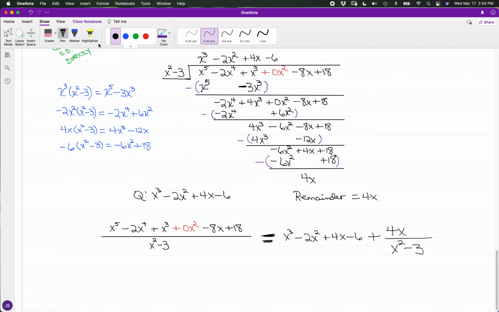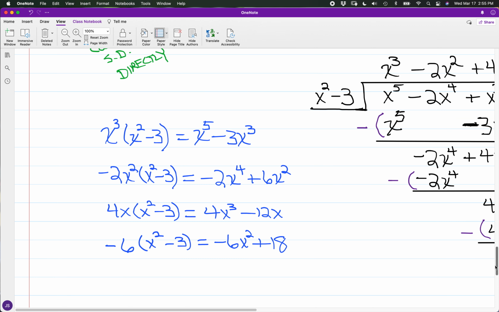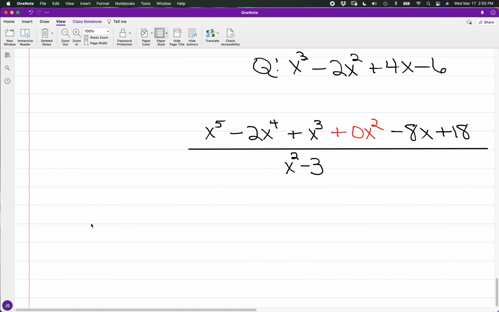So for the next portions, if I'm using synthetic division to find the quotient and remainder,